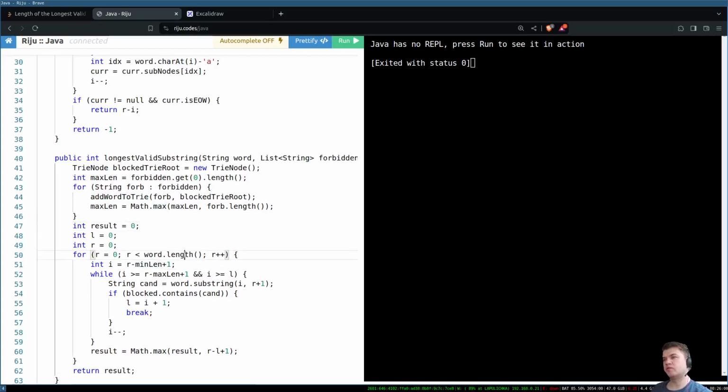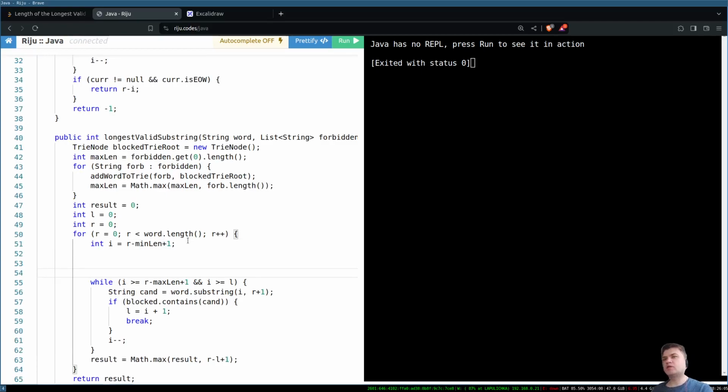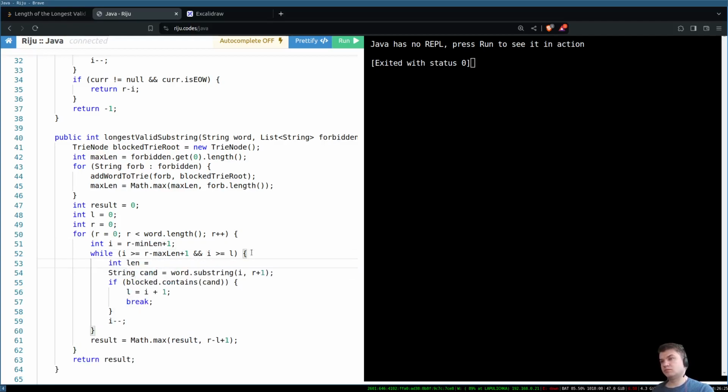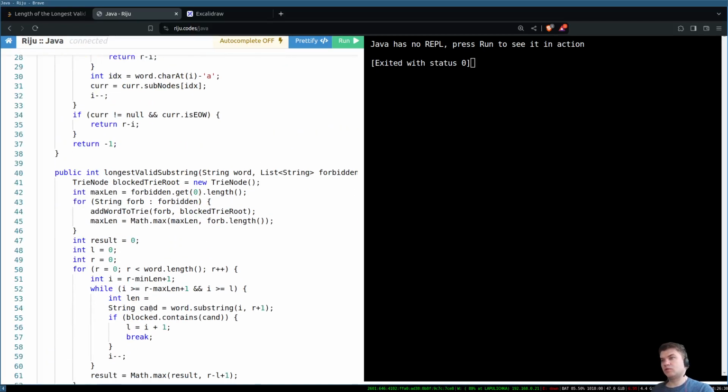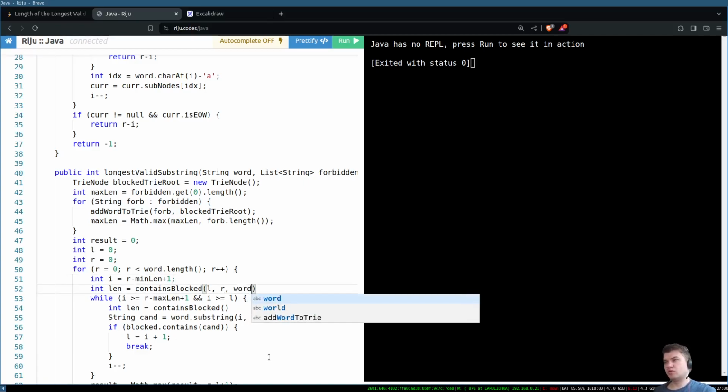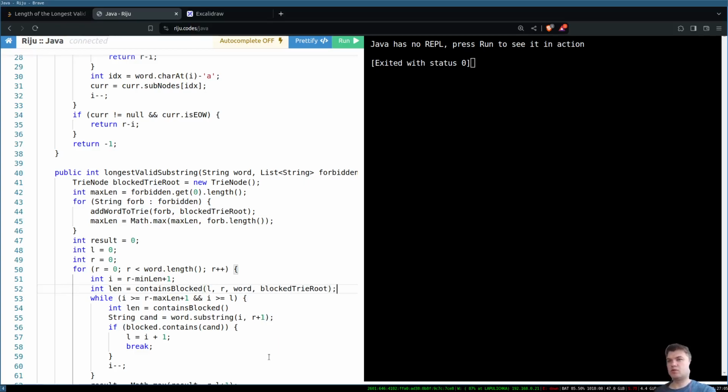Then you have result 0, word length I. Then instead of doing these checks, we just need int len equals contains blocked, and then we need to pass left, right, and then pass word, and then pass blocked try root, and then